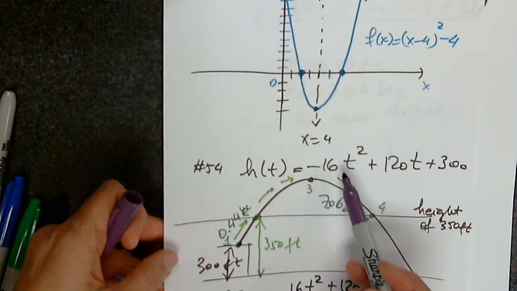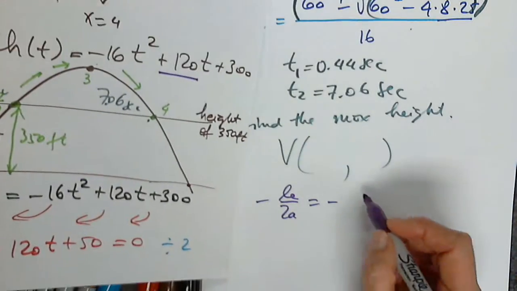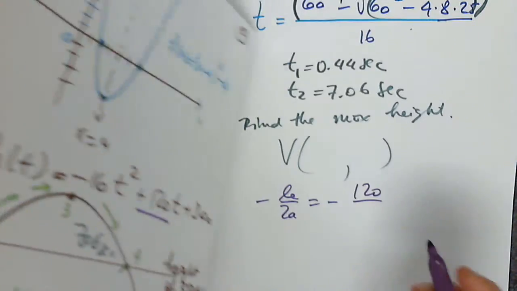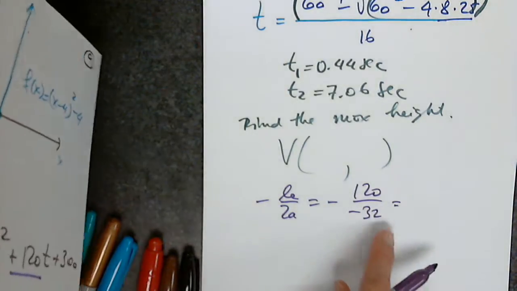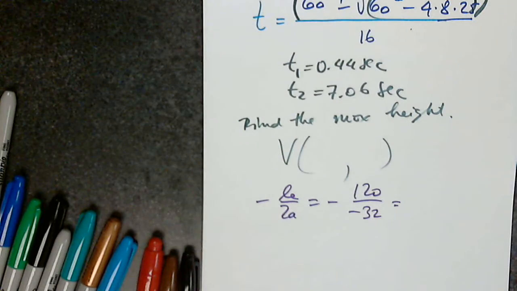So ax squared plus bx plus c. So this is b. So 120 divided by 2 times a, negative 32. Remember, this is time. It has to be positive. So 120 divided by 32, and I got 3.75